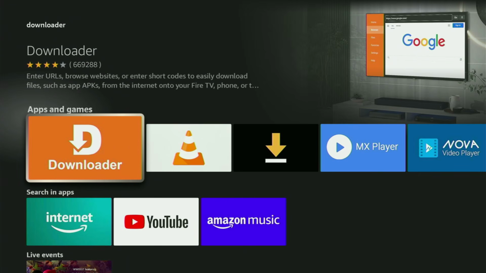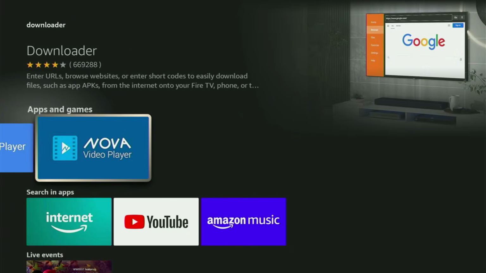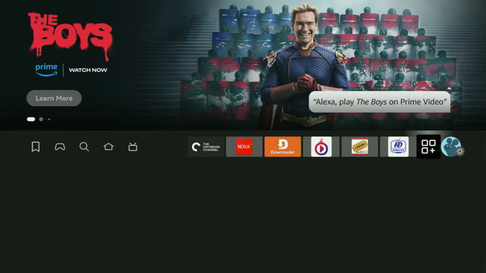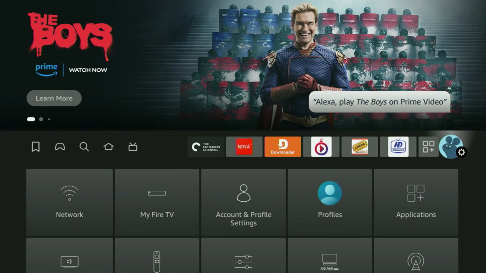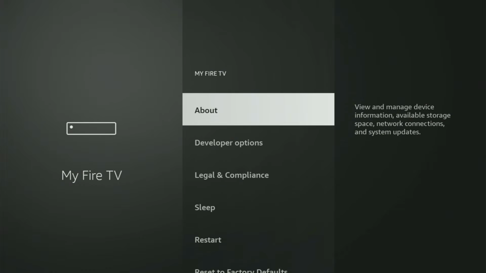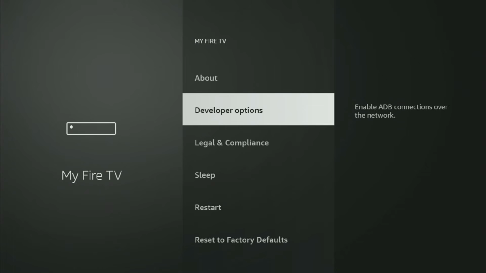But after you got Downloader, it's not over yet, because you still need to set it up. So now to actually set up Downloader on your Fire Stick, you'll go to Settings by clicking this button with a gear icon, then scroll down and go to My Fire TV. Open it. And now in here, what you have to do is turn on the developer options for the Fire